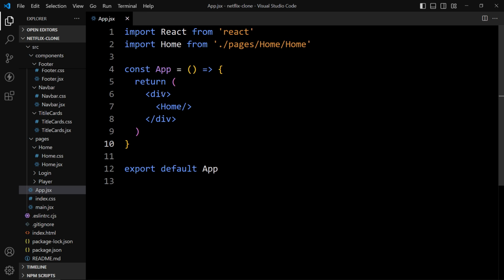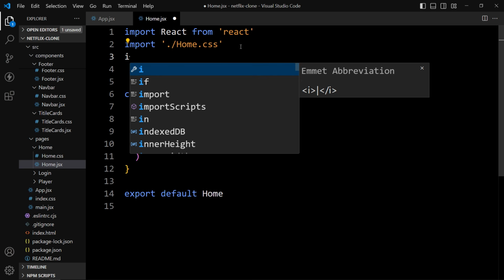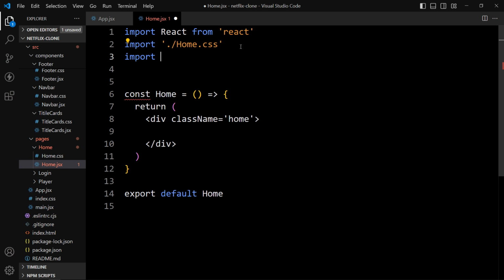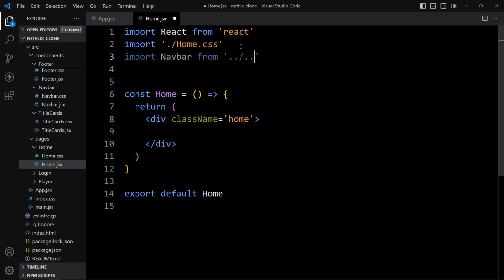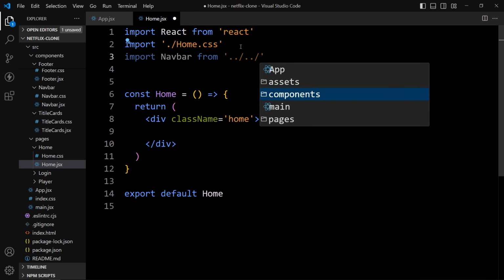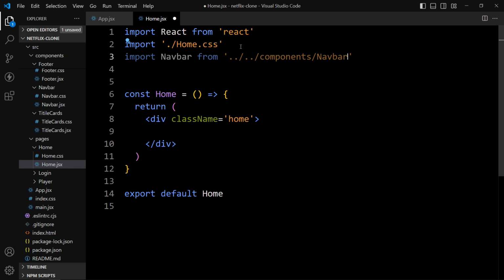After that, we will mount the navbar component in this home page. So let's open home.jsx file, and in this one we have to import the navbar component. So here we'll add the import statement, import navbar from ../../components folder, then navbar folder, then navbar file.